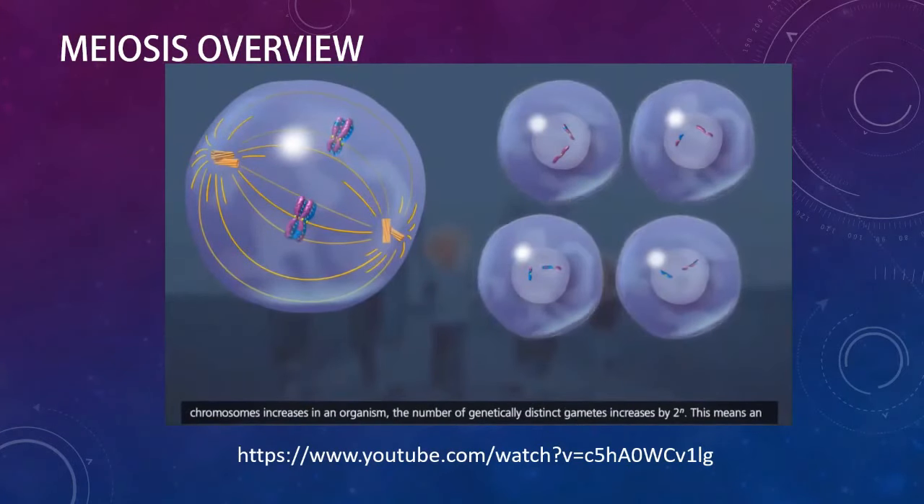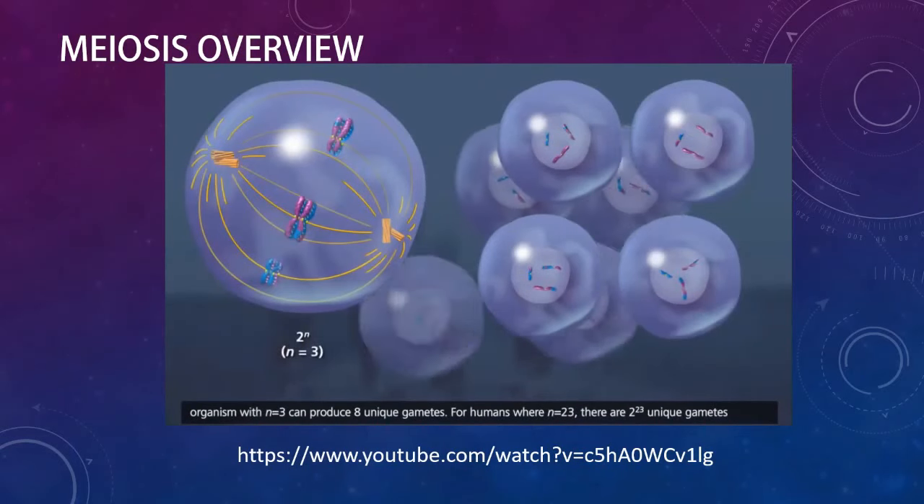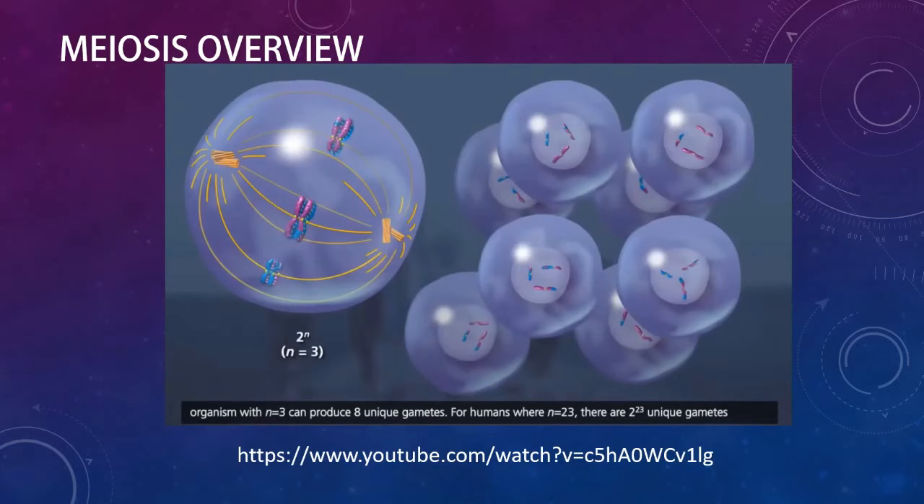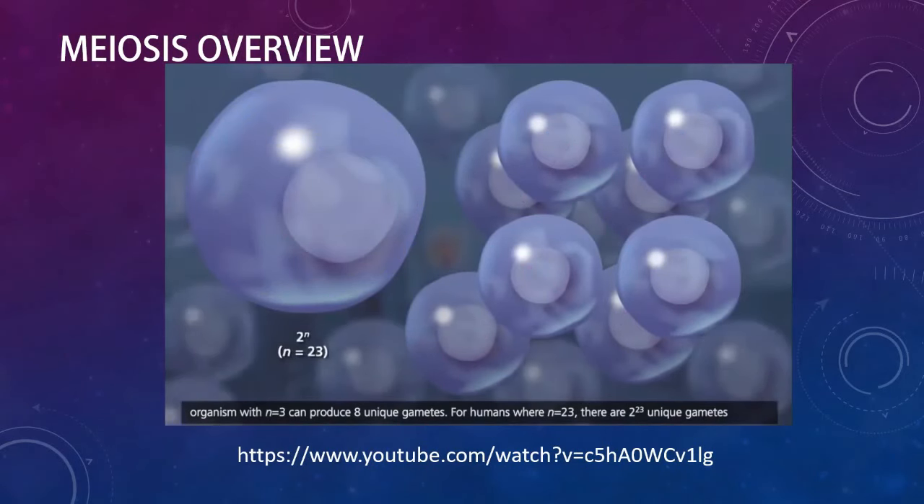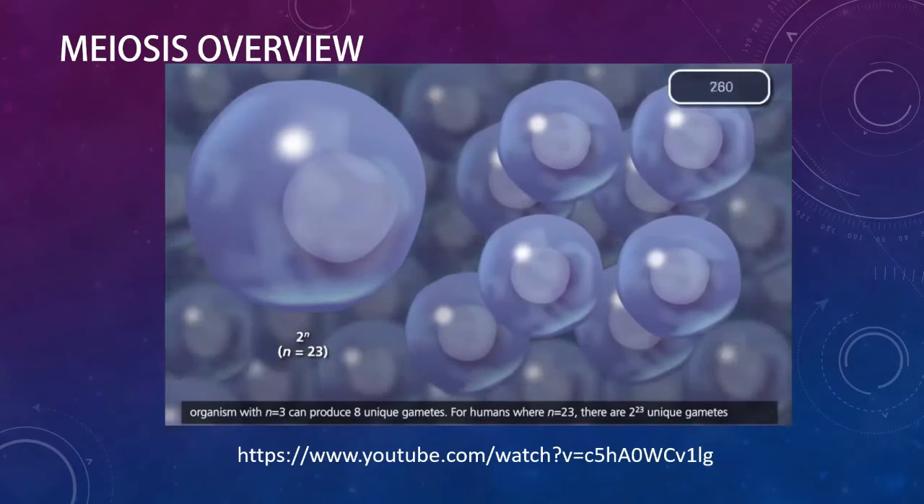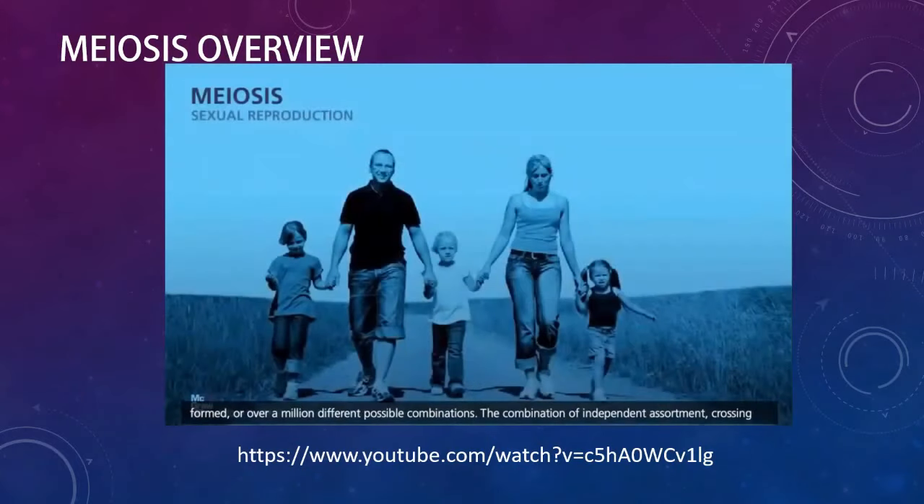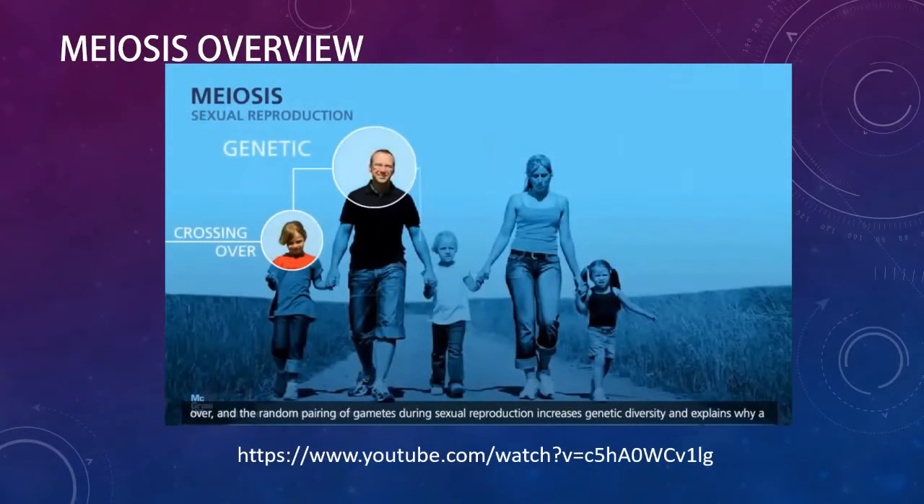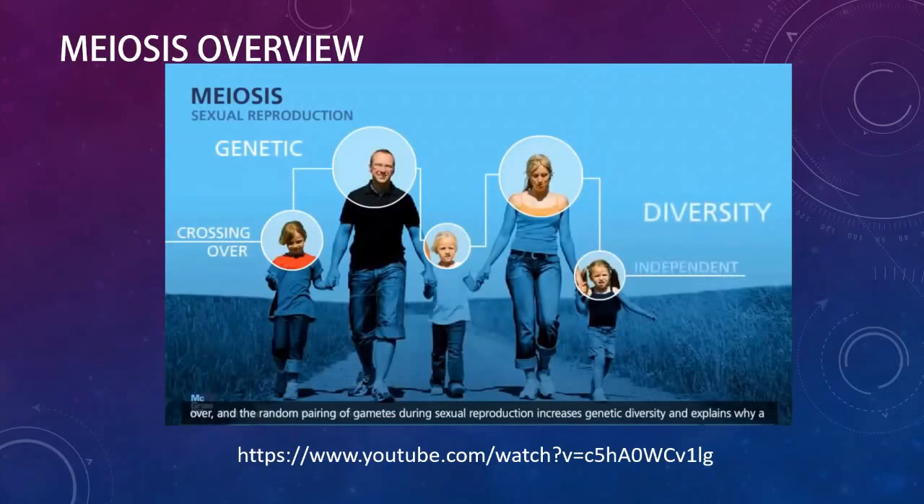As the total number of chromosomes increases in an organism, the number of genetically distinct gametes increases by 2 to the nth power. This means an organism with n equals 3 can produce 8 unique gametes. For humans where n equals 23, there are 2 to the 23rd power unique gametes formed, or over 1 million different possible combinations. The combination of independent assortment, crossing over, and the random pairing of gametes during